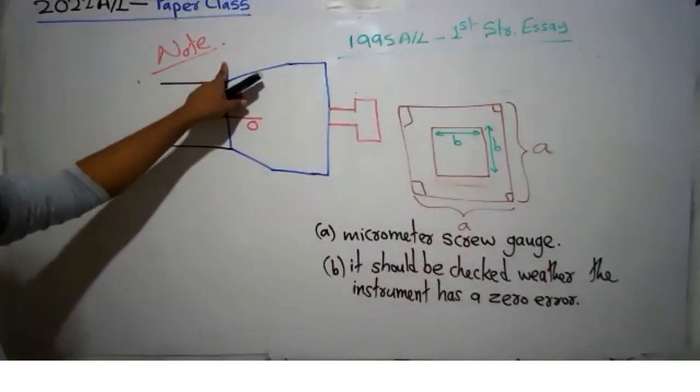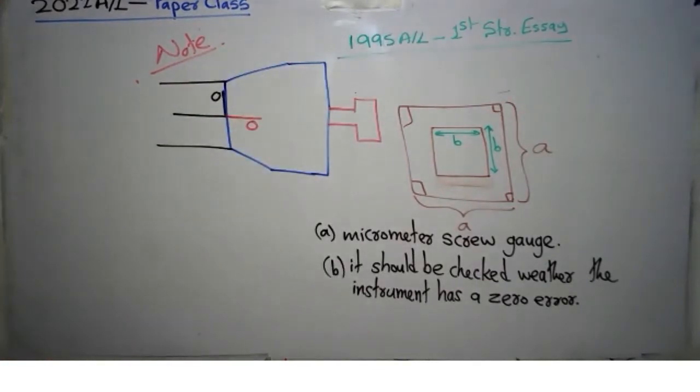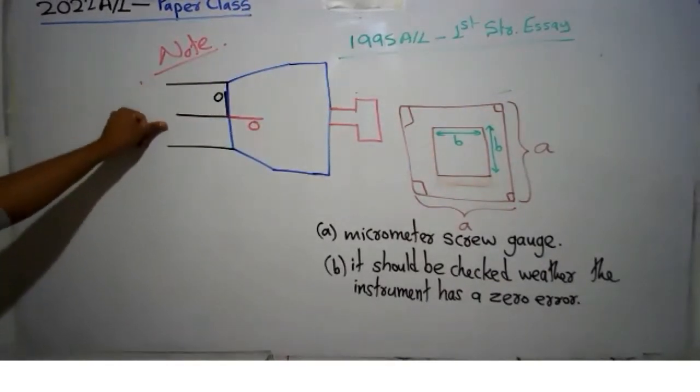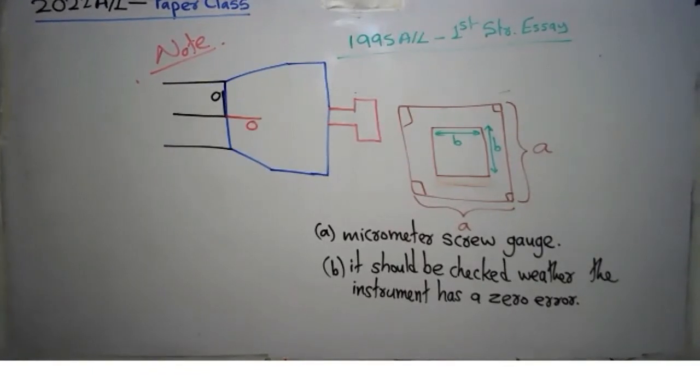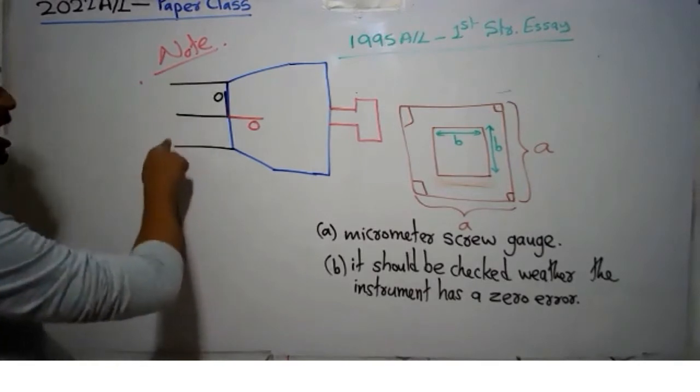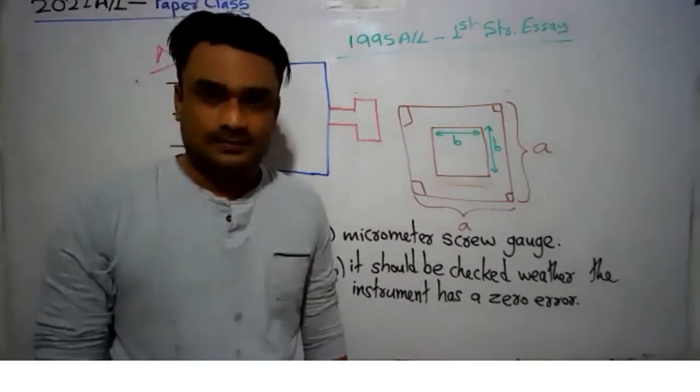After that, write a note: when the spindle touches the anvil, if the zero lines of the two scales appear as shown in the following figure,